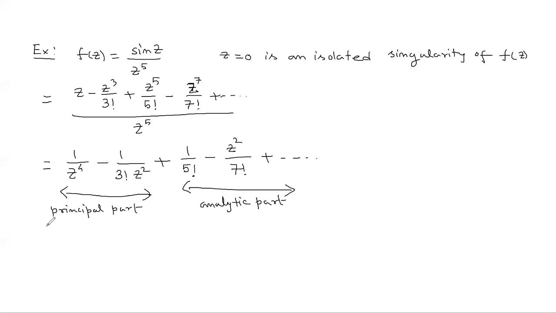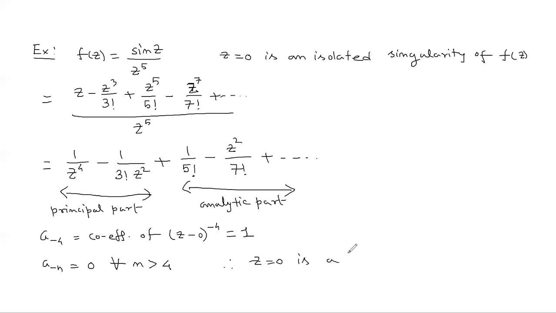In the principal part, we have the coefficient of (z minus 0) power minus 4 equal to 1, and after that all the coefficients are zeros. That means a minus n equals 0 for all n strictly greater than 4. So our conclusion is z equal to 0 is a pole